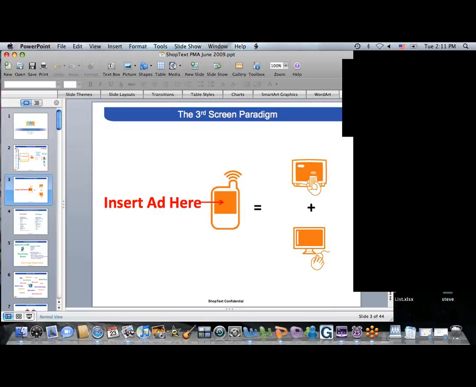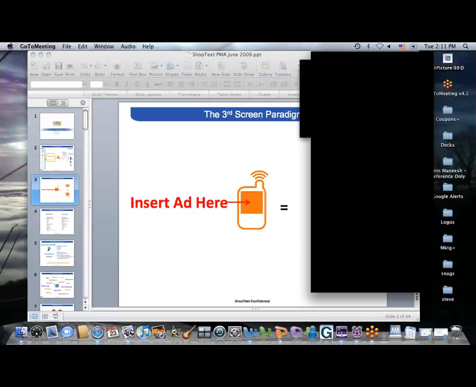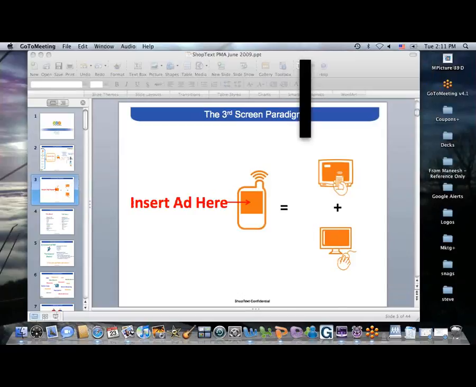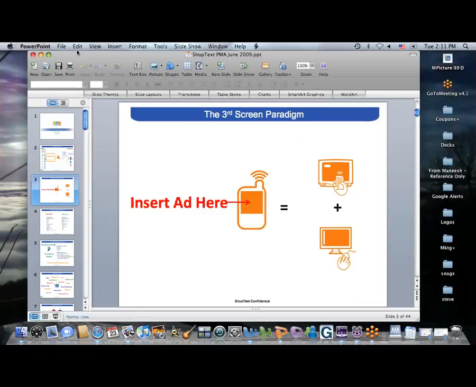I don't actually see that. There's a double arrow toward the top of the GoToWebinar box. There you go. That's it. Okay, that's great. Thank you. Sorry about that.